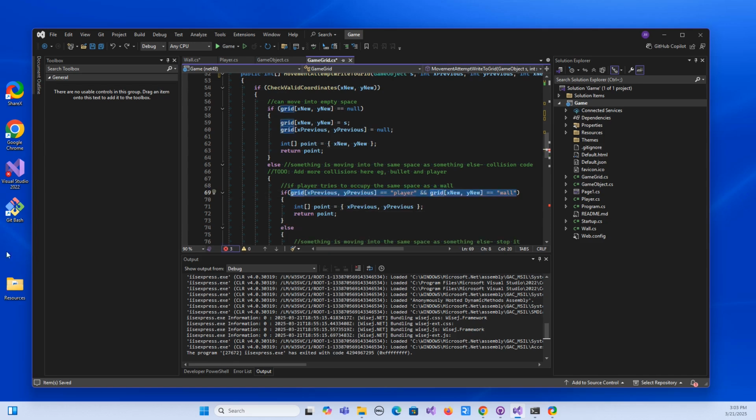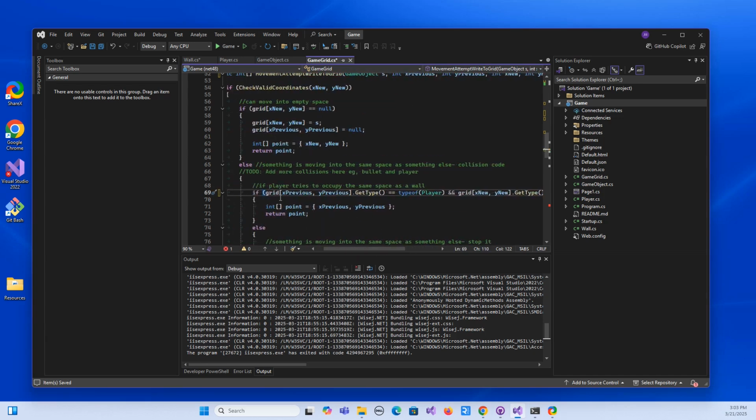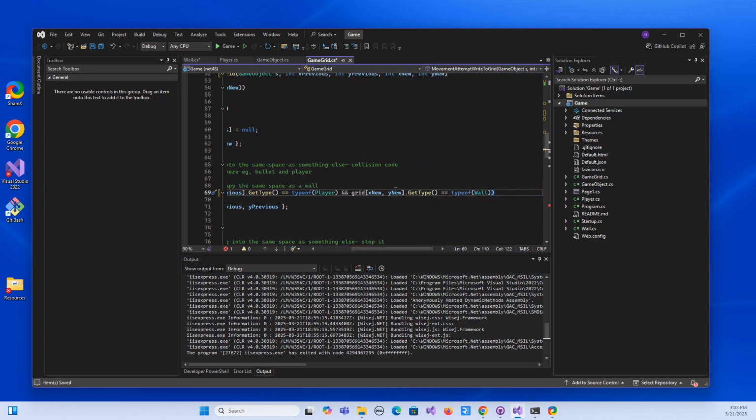I pasted that wrong. Grid previous, X previous. Let me paste that. Okay, so here, the object at the coordinates grid previous, X previous, Y previous, dot get type, if that type is player, and the grid object at the coordinates x new, y new, dot get type is wall, right? As opposed to before where we were testing if the things at those coordinates were equal to certain strings. So now instead of if it's equal to string player, it's equal to type of player. And same with